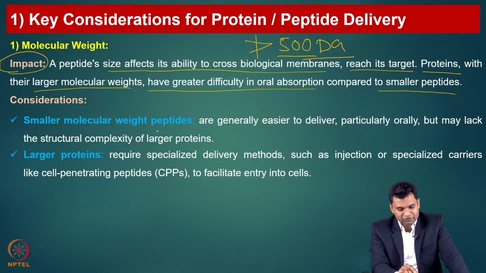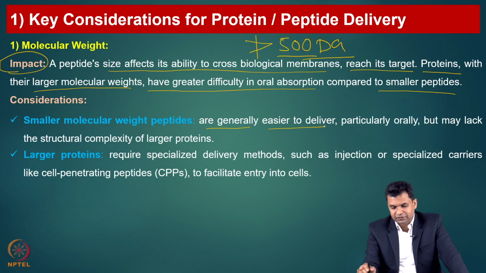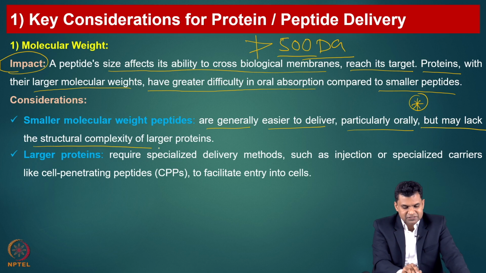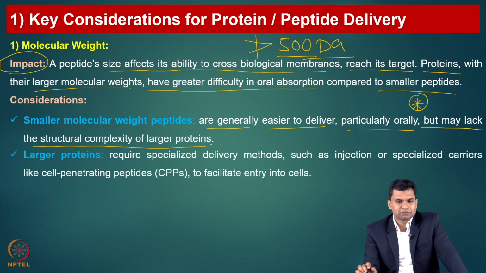Smaller molecular weight peptides are generally easier to deliver, particularly orally, but may lack the structural complexity of the larger proteins. Whenever you have a small molecular weight, absorption is very easy because they are able to